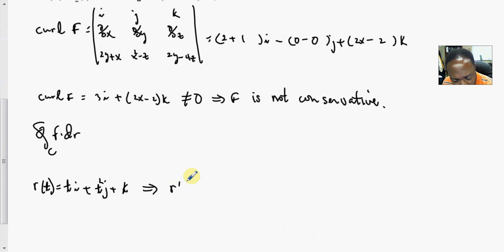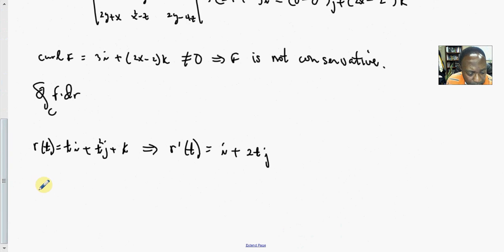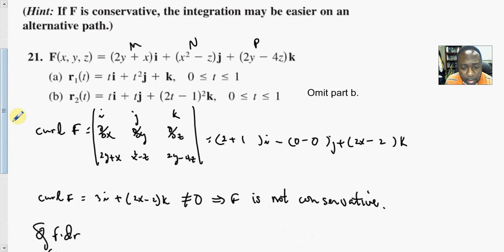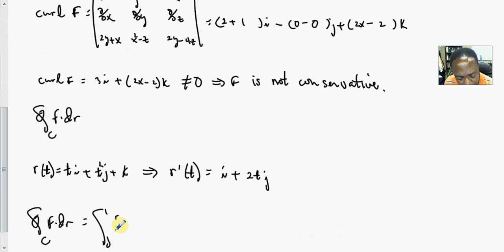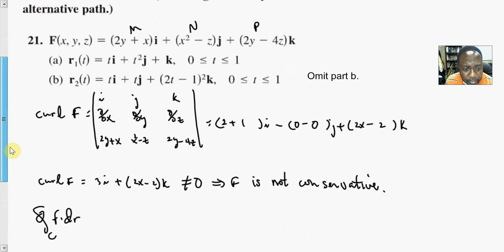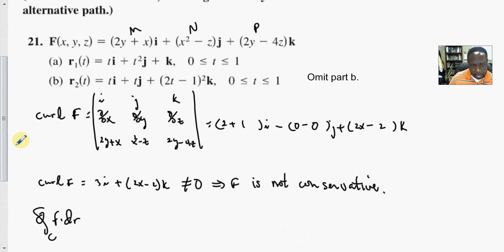This implies that r prime of t is equal to i plus 2tj. So now this line integral of F dot dr is the integral, and do we know our endpoints, from 0 to 1? We need capital F. F must be defined in terms of what x is, what y is, and what z would be. So for part A,